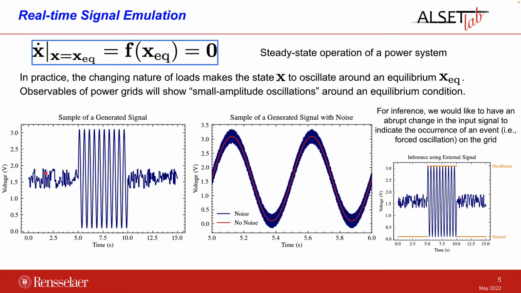This means that if we were to generate a signal representing an actual oscillation event, we need to have some oscillations around a constant value or trajectory, as shown here, and then an abrupt change in amplitude, as depicted here. This is the most basic signal that we can use for inference. It's a really simple signal, but it has a lot of meaning, as I have said before. A point worth underlining here is that noise can be easily injected in a straightforward manner using a signal generator.